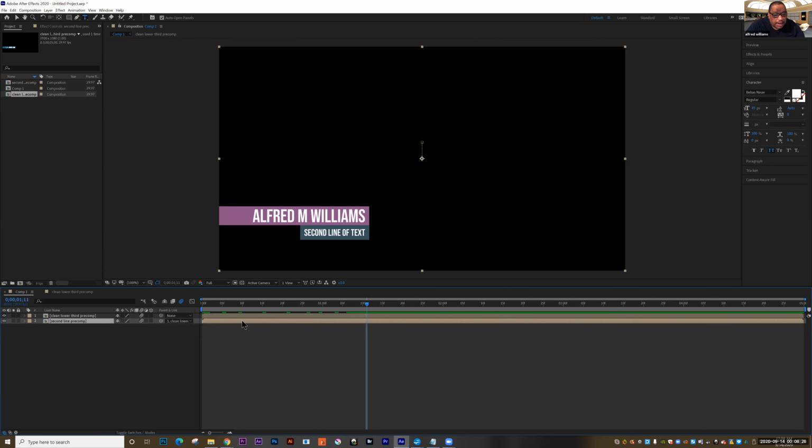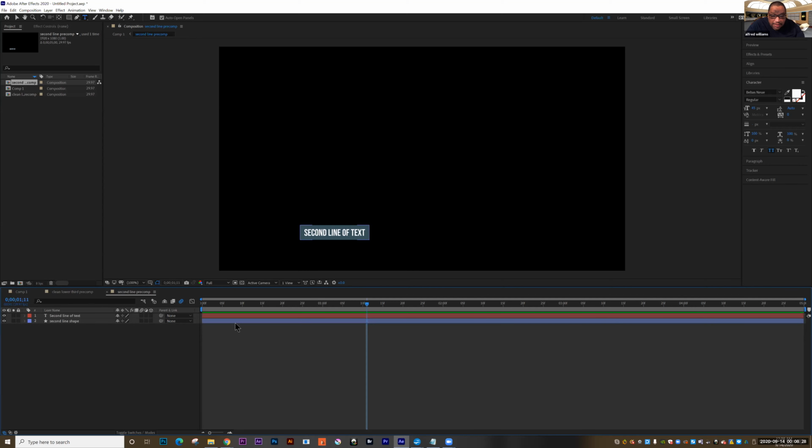So go to that layer, double click to go back to the original animated elements, or they're not animated, but the original elements are locked in that pre-comp, right? So it's very much like some of the things that you do in Flash with some of the objects in there. So now I'll go to that second line of text, grab my tool, and I'll drag over that, and I'll type in